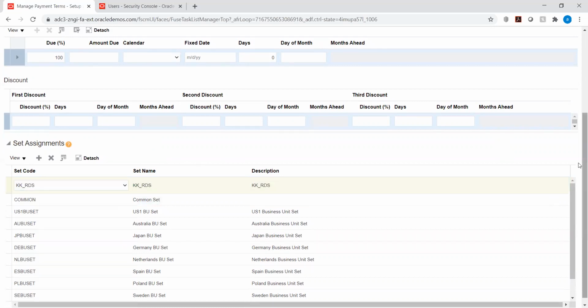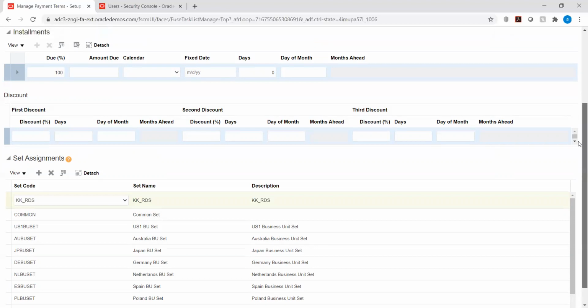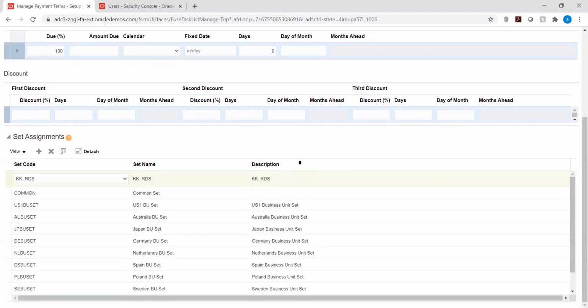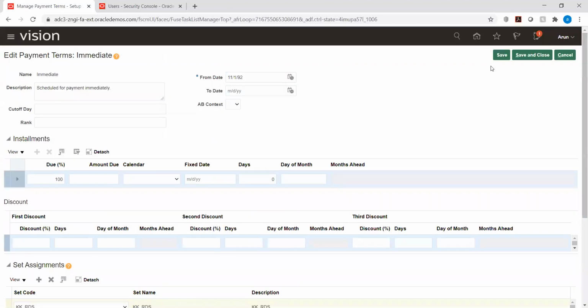For example, if I am creating 10 BUs, then I need to create 10 different reference sets, right? Yes, correct. Because this is nothing but what we call the business unit. So basically we are just attaching the business unit, but instead we have this reference data set that we are attaching with our setup part, that is the payment terms or the customer.